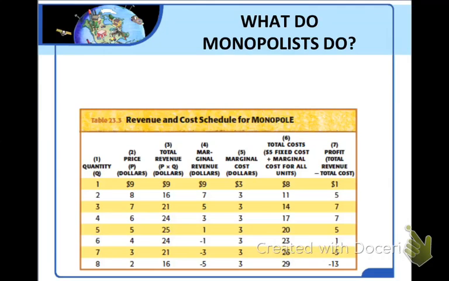In the previous lesson, we learned what a monopoly was. And now, in the second part of this module, we turn our attention to what monopolists actually do. You've learned that in a perfectly competitive market, the price is determined by supply and demand. Recall also that the firms in a perfectly competitive market are price takers, because there is an equilibrium price that no firm can influence by its individual actions.